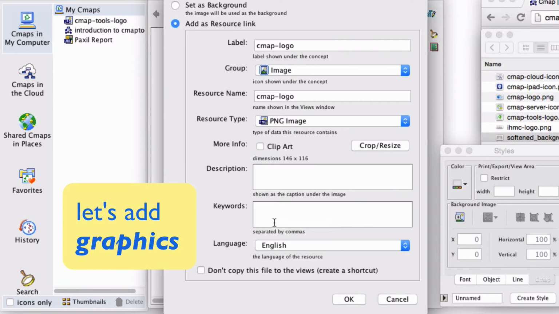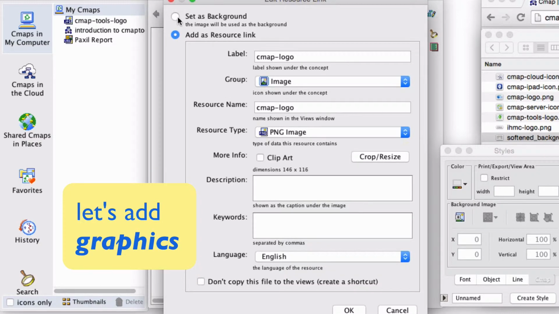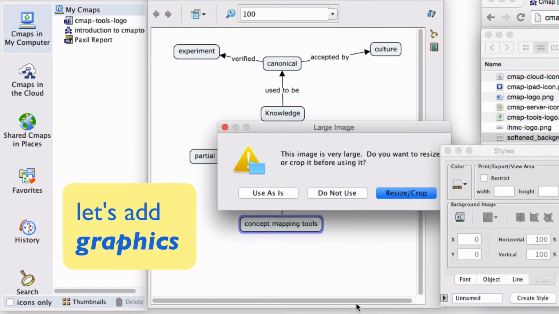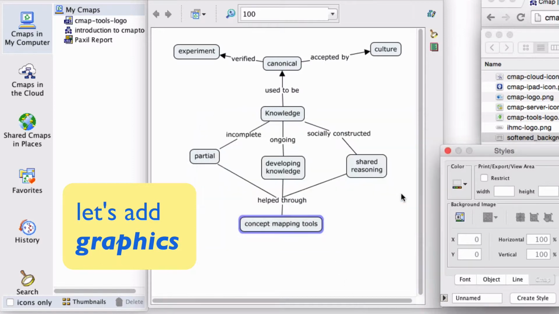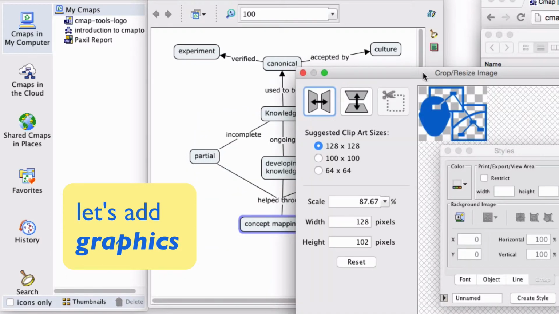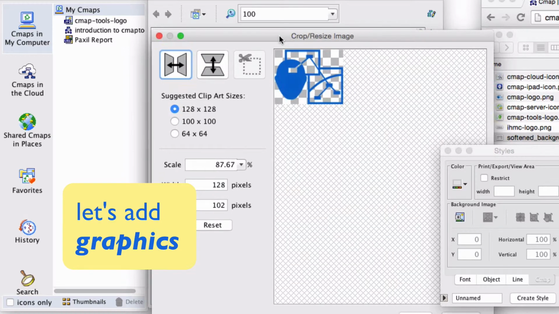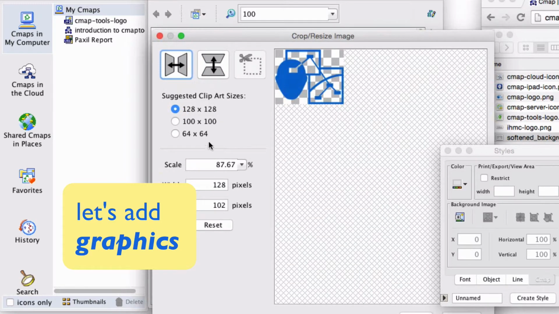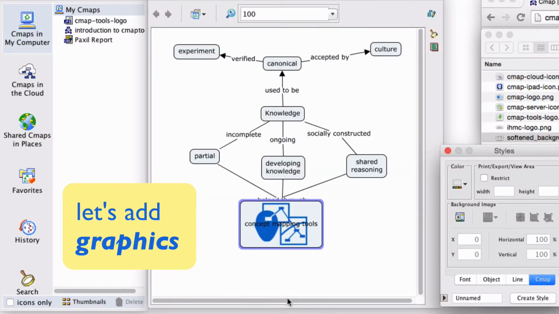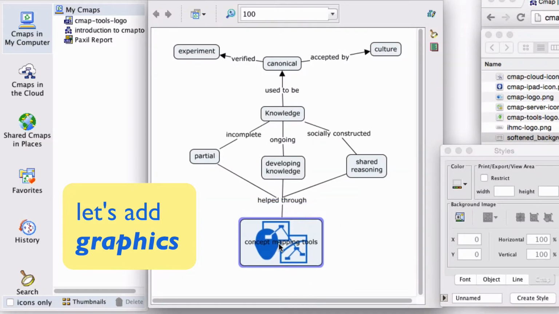Let me drop that on top of here, and I'm going to set this as a background and click OK. And I'm going to resize it a bit and say that yeah, that's pretty good. Well, actually, let me make it a little smaller. Okay, and you see that we now have added a graphic,